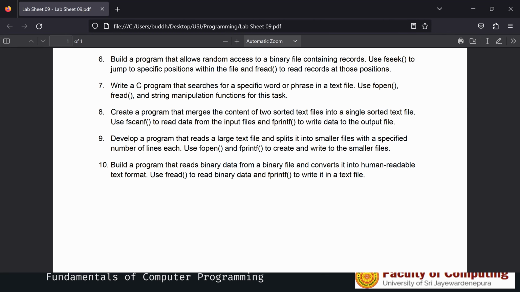So please do this lab sheet. If you have any questions, you can email me. Right, I think then